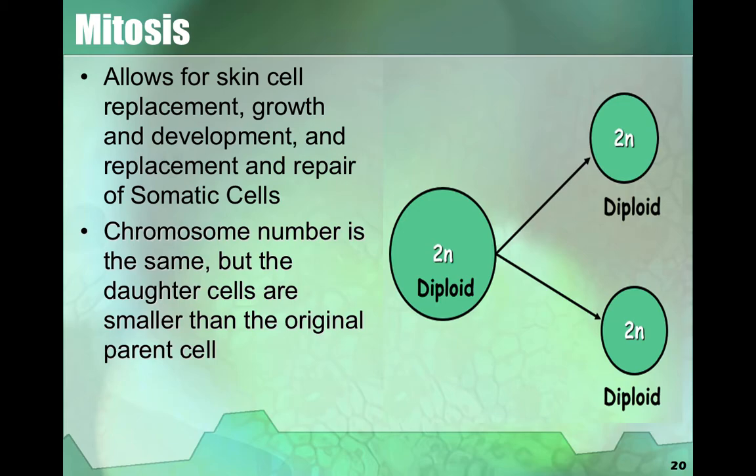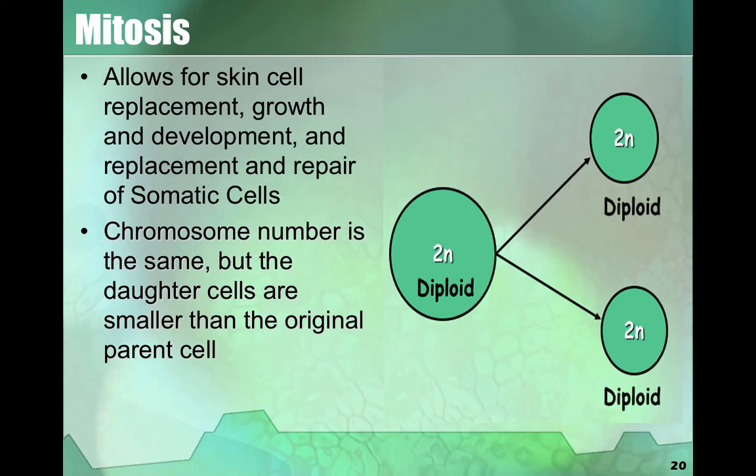You also have growth and development, just for regular getting bigger. You're not the same size as you were whenever you were a baby, so you had to grow and develop. It's also for replacement, so if you cut yourself, or repair. And this happens in somatic cells. Your somatic cells are your cells that undergo mitosis, such as your skin, your bone. Those undergo